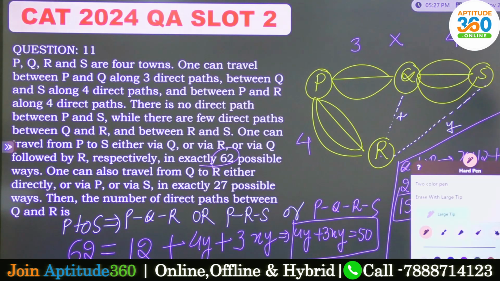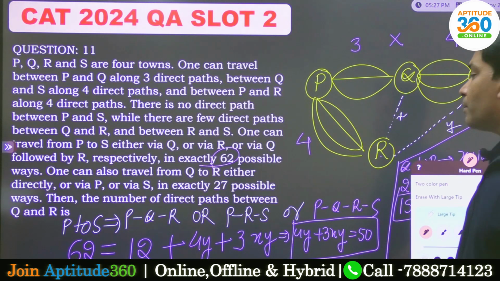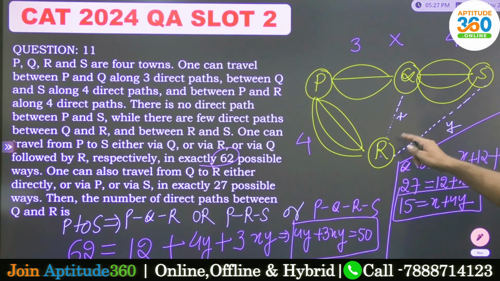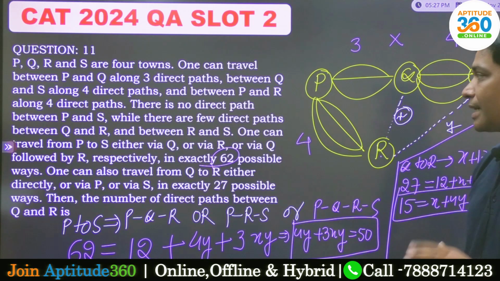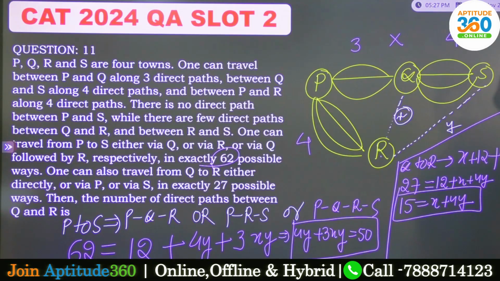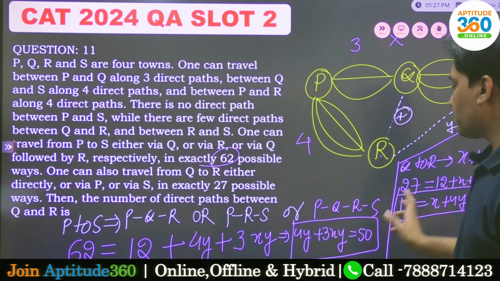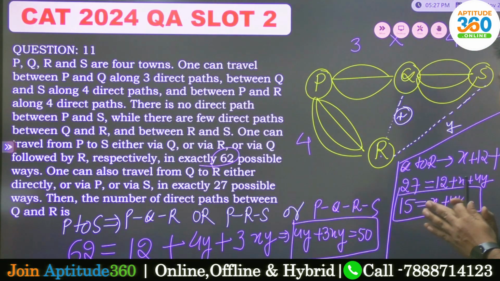Now what is that you should be doing? What is that they're asking you in the problem? The number of direct paths between Q and R. So they're asking you the value of x. Please understand this thing. If you try to simplify this, probably it will be very complicated. But what if you take y as 1? If you take y as 1, then this becomes 4. So x will have to be 11. You know why? Because if you take y as 1 and x as 11, only then the sum is going to be 15, right? If you take y as 2,